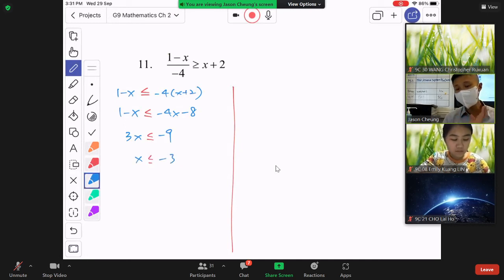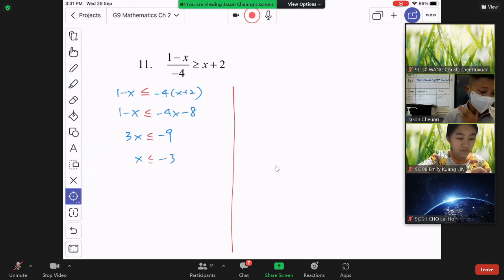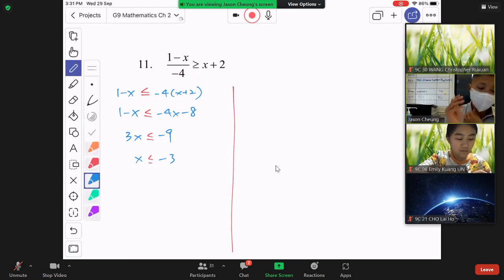So this way, it seems very easy. But the most important point is that if we are going to multiply by negative 4, we have to change the sign. You have to remember this, right? But what if I don't want to memorize, or I think it is very difficult for me to process too many things at the same time? You may choose to do it like this. First of all, try to convert